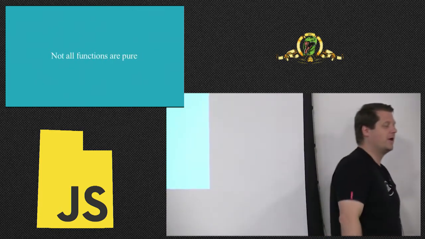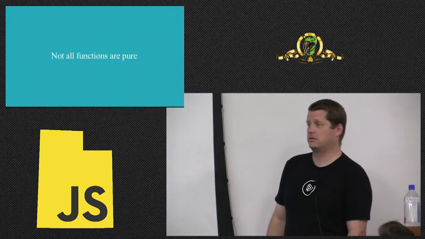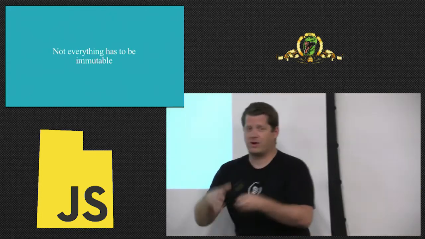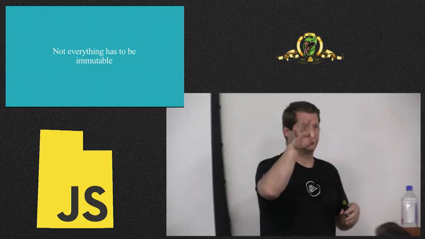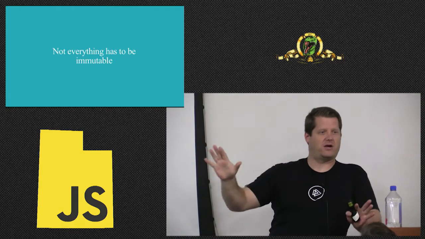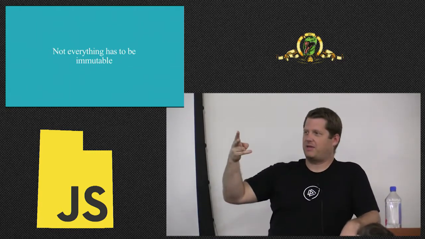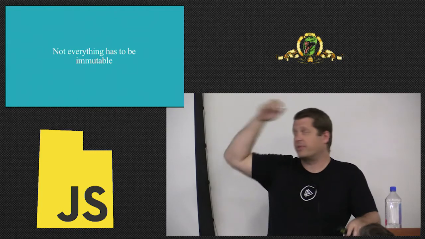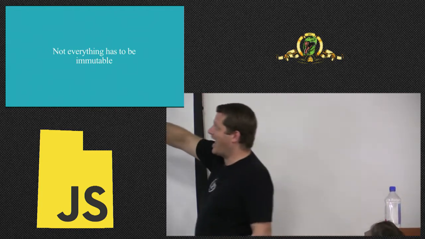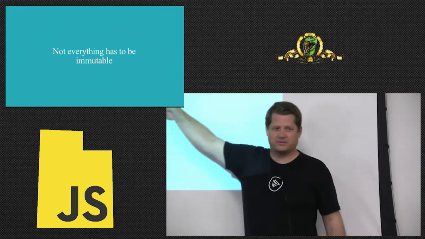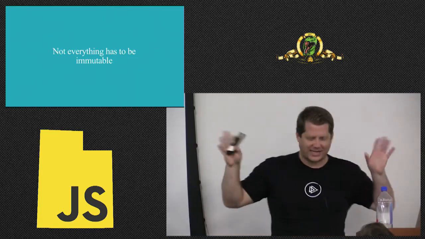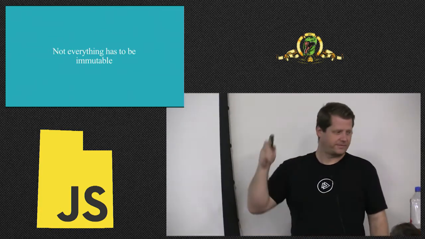Okay. Not all of our functions are going to be pure, and not everything's going to be immutable. So right off the bat, when I talk about functional programming, those are my 3 rules. We're not going to avoid side effects all the time. We're going to try, but we can't always avoid them. Not everything's going to be a pure function, because at some point, we've got to do something. Sorry, that's just life. And not everything has to be immutable. At some point, I need to change some data, right? So those are my 3 rules.